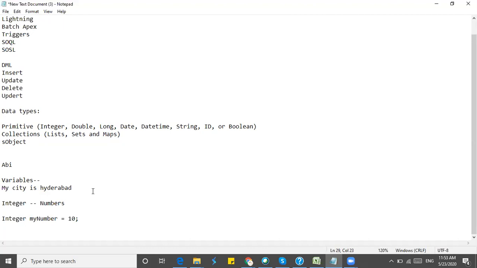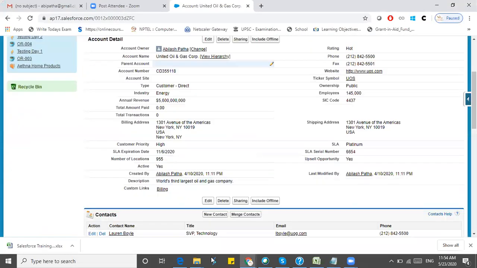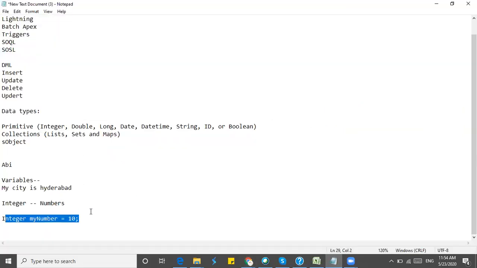I'll be relating it to the object also. We have created some fields in the object, right? So we have a lot of fields here. We can get all this data into Salesforce, and we can process that data.